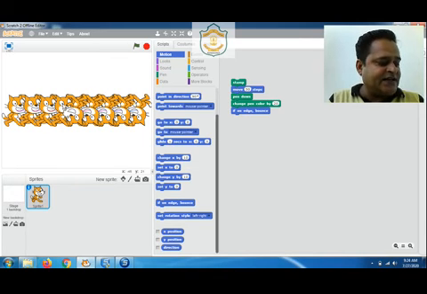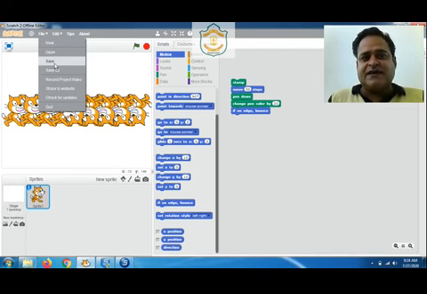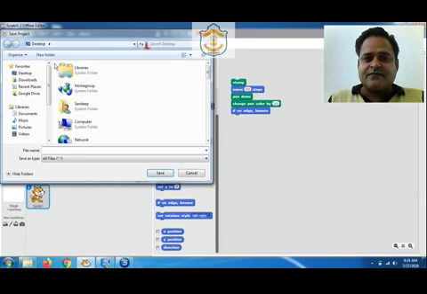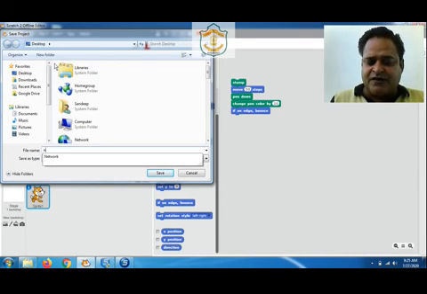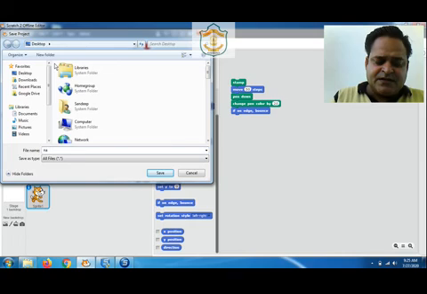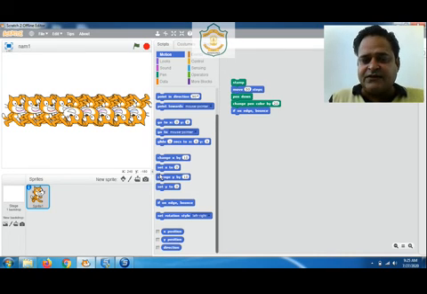Our next section is saving a Scratch project. How to save? It is very simple. Just go to the file menu and click on save. A dialog box will appear. Just give a name of your choice, anything you like, and click on save. This is how your project will be saved on your computer.